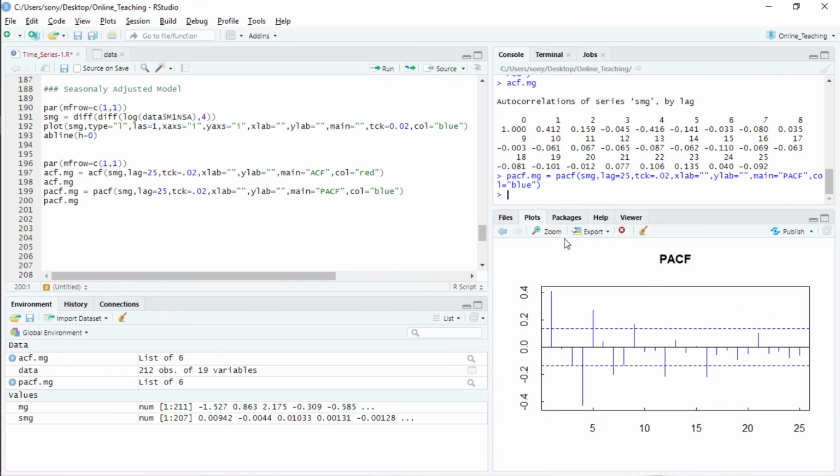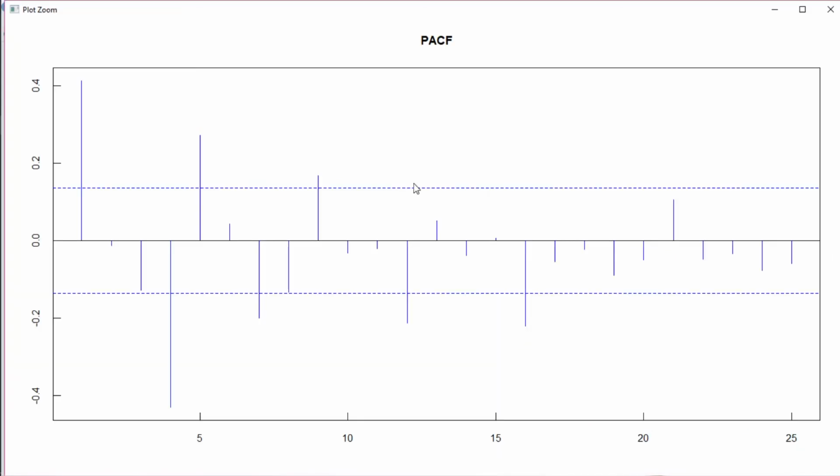Similarly, I will put in the PACF function. We know both are important. You can see that the PACF function is not cutting off to 0 at the 4th lag. There are spikes at the 6th lag, 8th lag, then the 16th lag or something. So what we know now is that the seasonality is in the MA process.